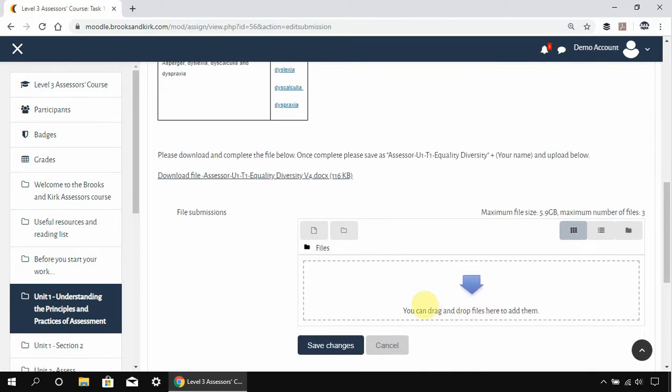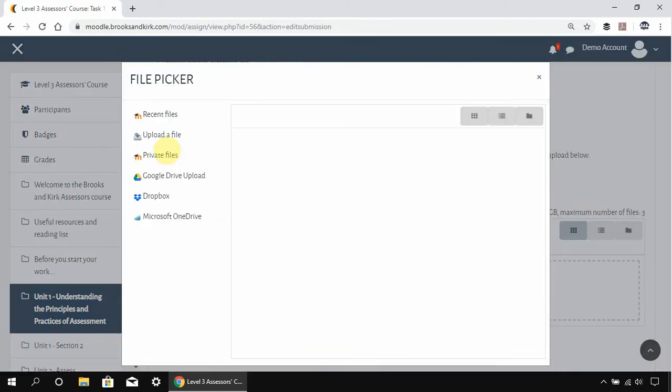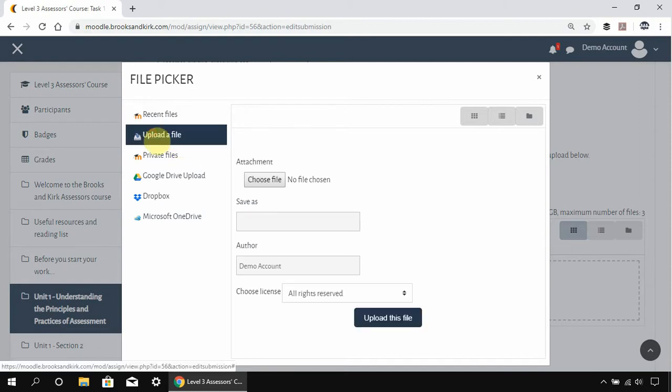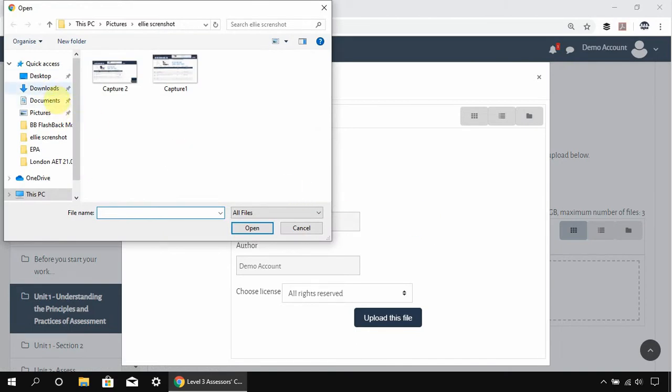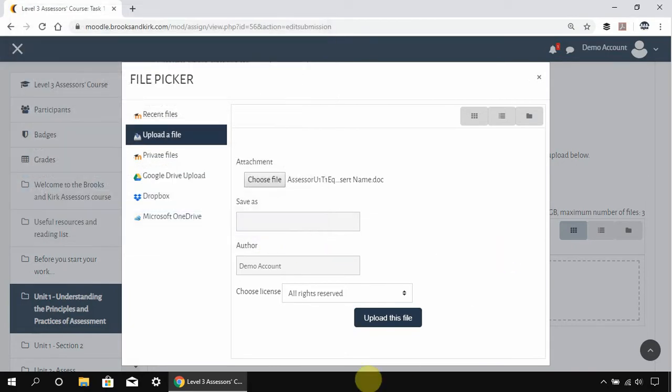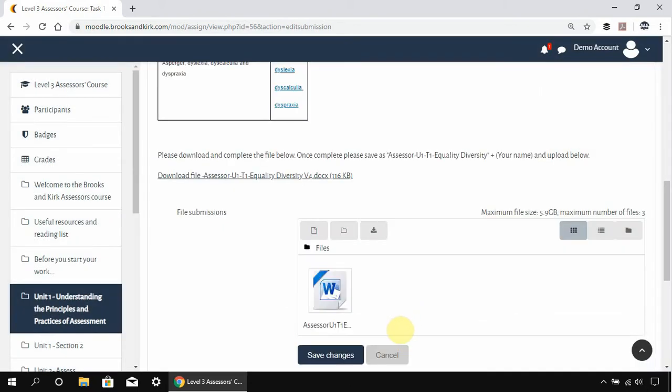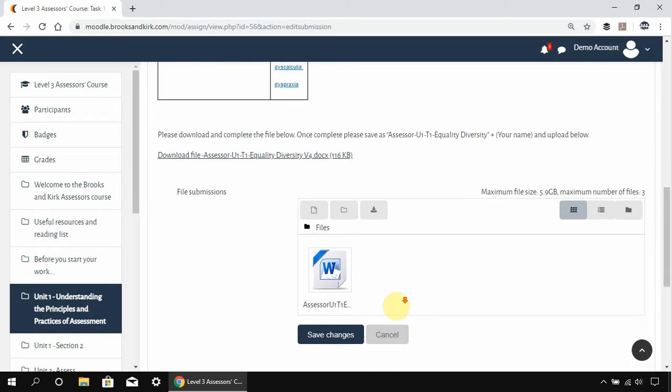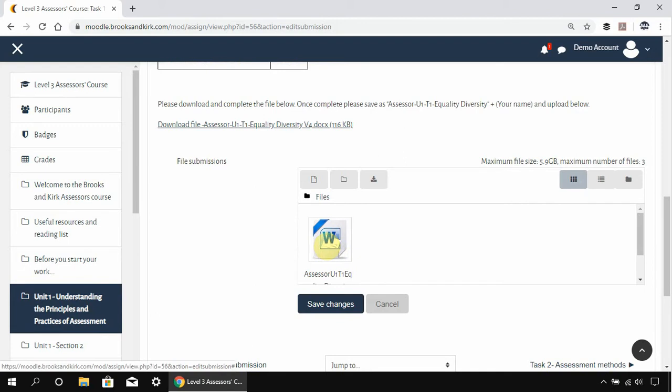You can either drag that file in here, or you can click on the little folder icon in the top left, and here you've got a variety of options. So we want to upload a file for grading. Let's choose the file. And I just popped it in the documents, and it was that one here. That's what I called it. Upload this file. And you'll see there it's visible. I'd always recommend that you just double click it just to check that it's that one and you've not selected the wrong file by mistake. Select Save Changes,